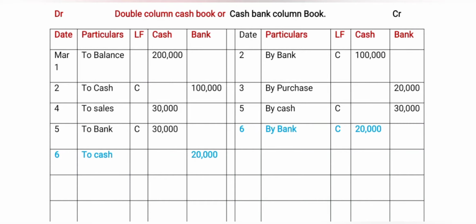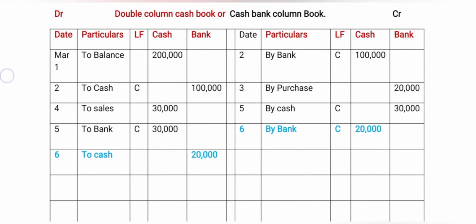Here cash is deposited into the bank. Here cash is going out of the business. That's why we come to the cash book and cash column. Taken as sixth date, by bank, 20,000 amount. It is a contra entry. Whereas now we are going to the debit side. Here cash is going out of the business but bank account is debit. That's why we take it as sixth date, to cash. Bank account amount is 20,000 rupees to be debited.